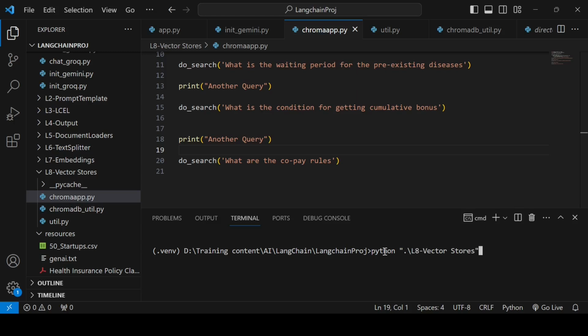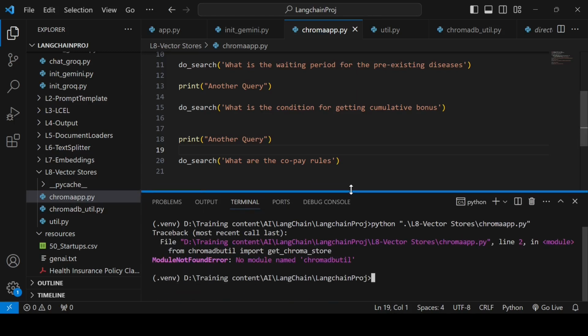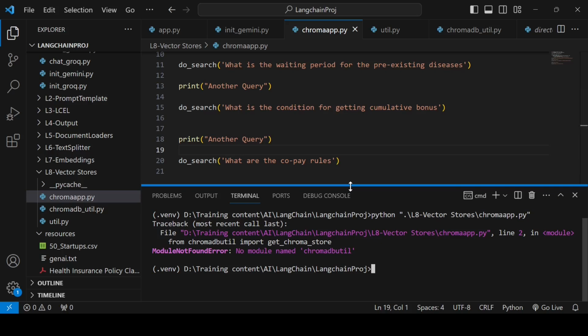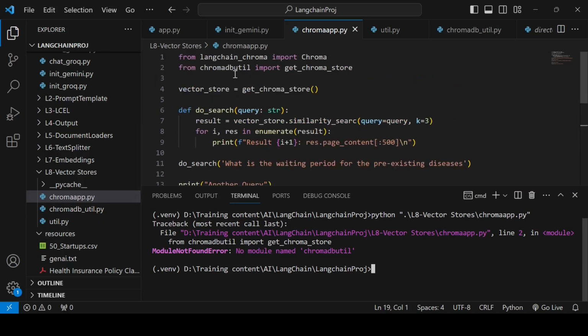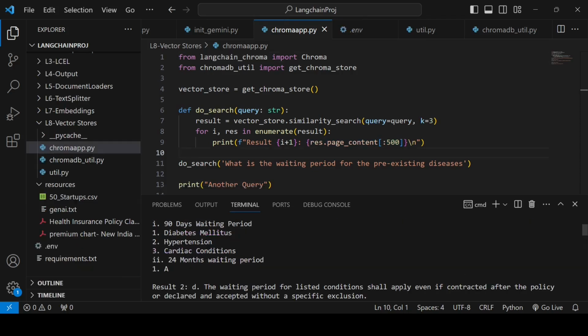There's an error in chroma_app. The name itself is wrong: it should be underscore utilities, not util. Okay, so there were a couple of mistakes. The search spelling was wrong, and also in this print you need curly braces around res.page_content. Those curly braces were missing. So after fixing these two things,